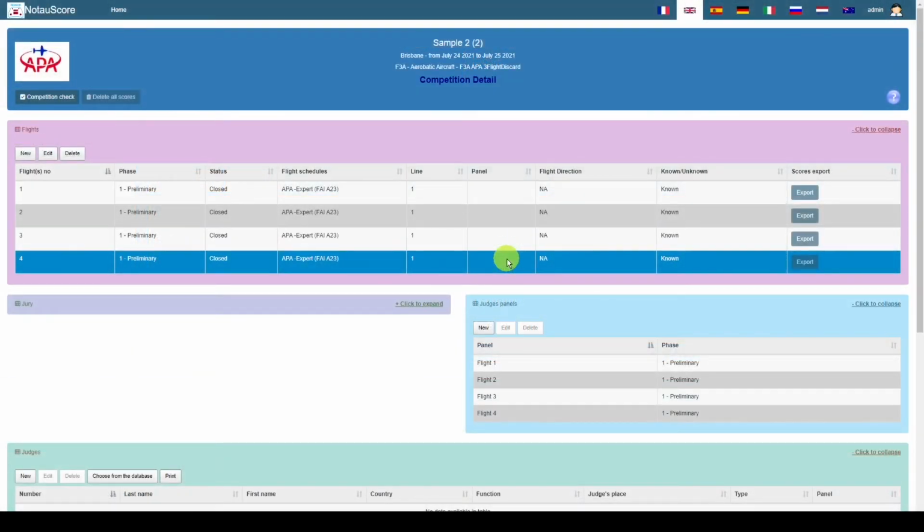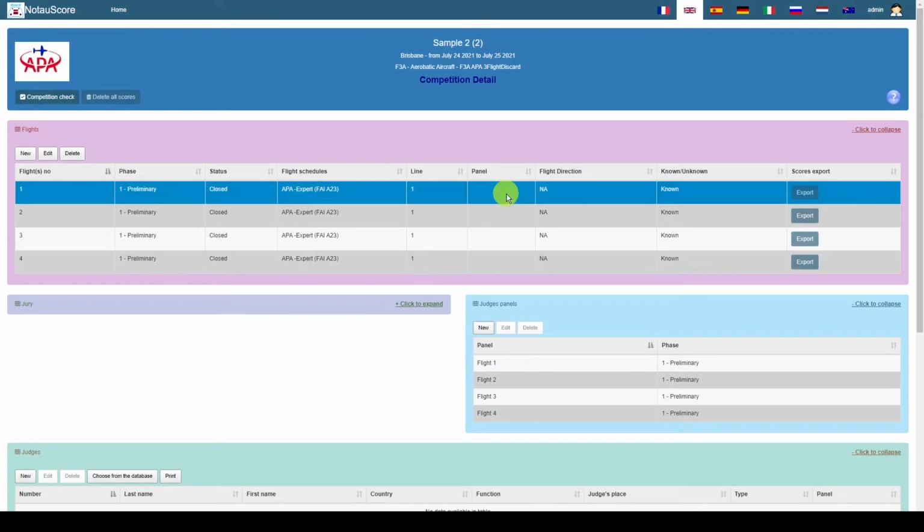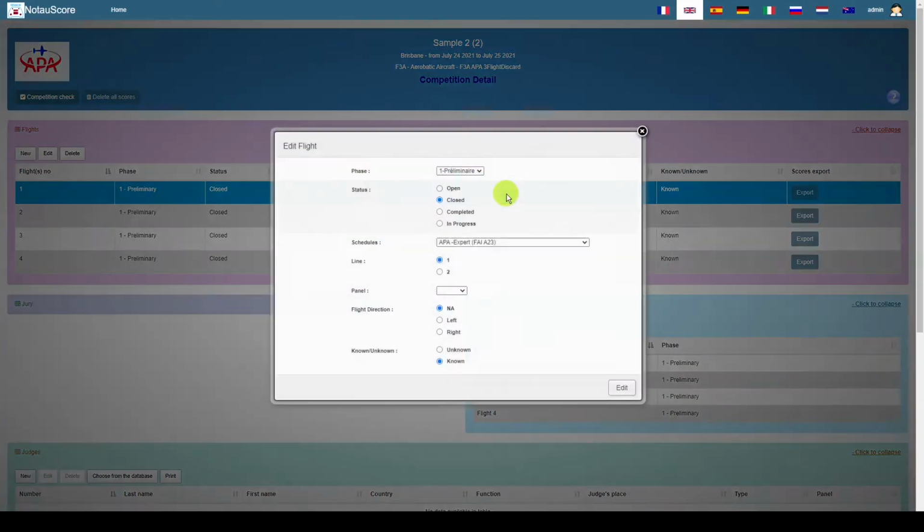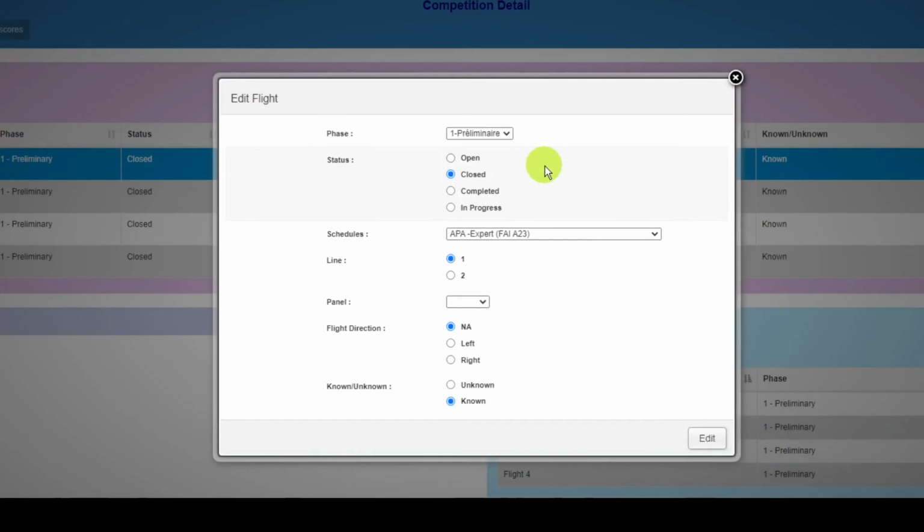But what you can also see up here is the flights still do not have the panels. If I double click on a flight, it pops up a pop-up box just like you see on your screen now. It asks me whether they're on flight line 1 or flight line 2 for the flight, as sometimes we fly 2 lines.